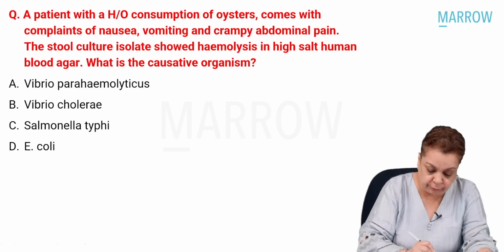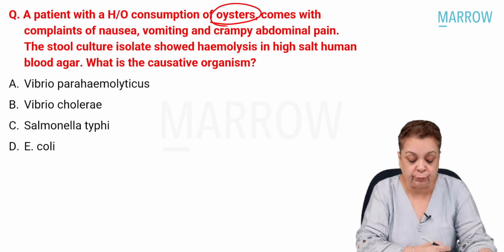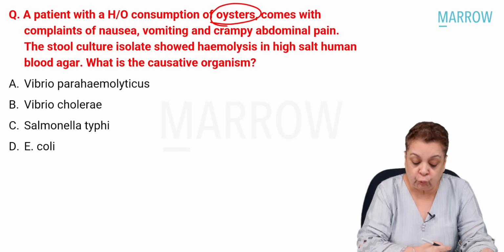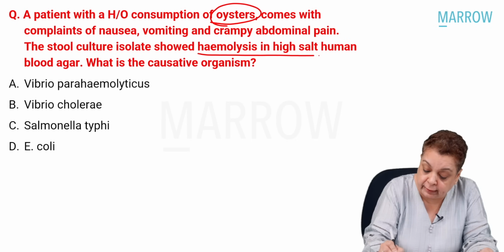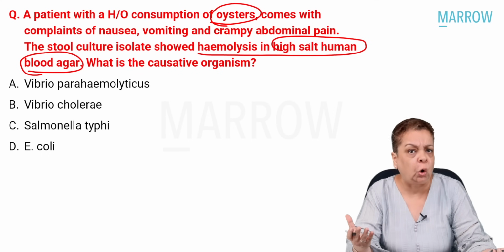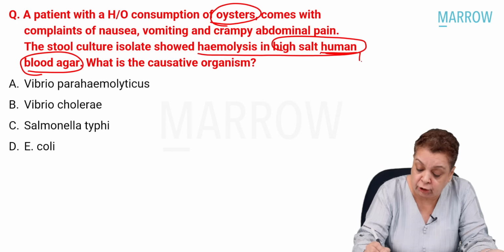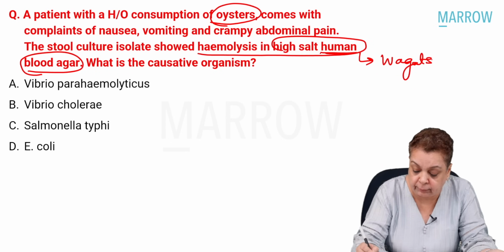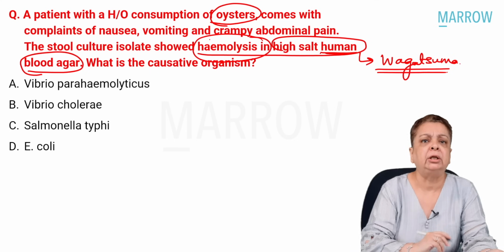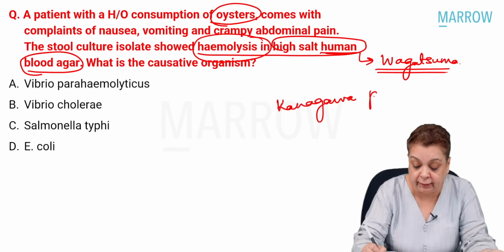Let's move on to our next question. A patient with history of consumption of oysters comes with complaints of nausea, vomiting, and crampy abdominal pain. The stool culture isolate shows hemolysis in high salt human blood agar. What is this special thing? When you think of salt being added to a medium, we are thinking of Vibrios, which are alkali files, and this is human blood agar. So what is this? This is Wagatsuma agar, which is human blood agar with added salt, and it is showing hemolysis. This phenomenon is called the Kanagawa phenomenon, and it is demonstrated by